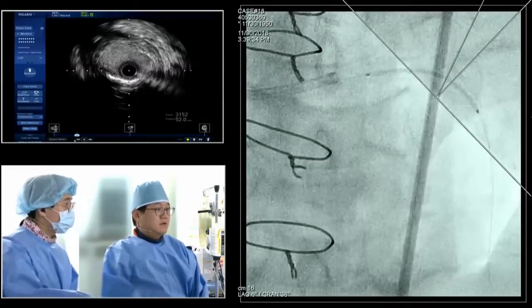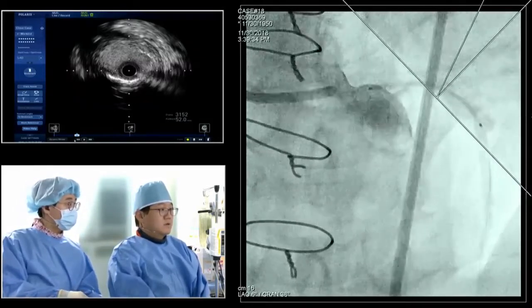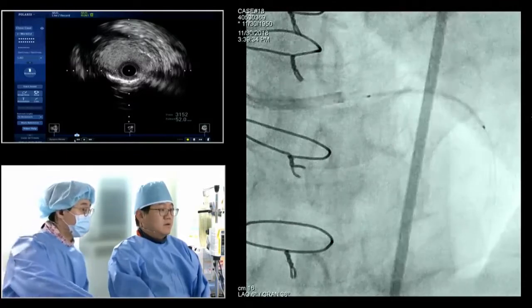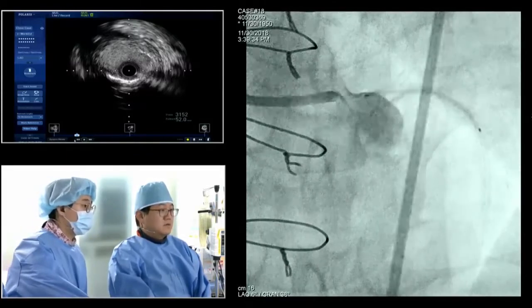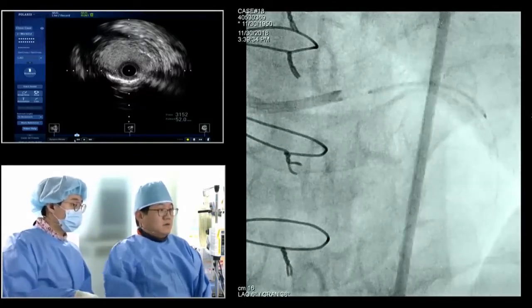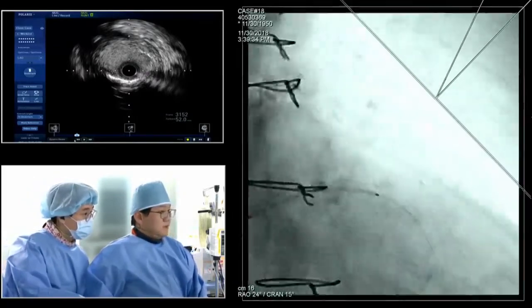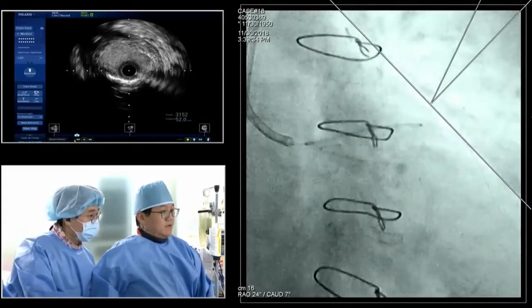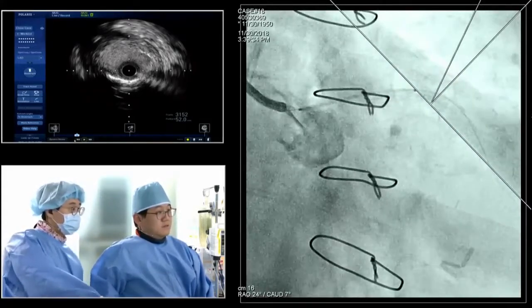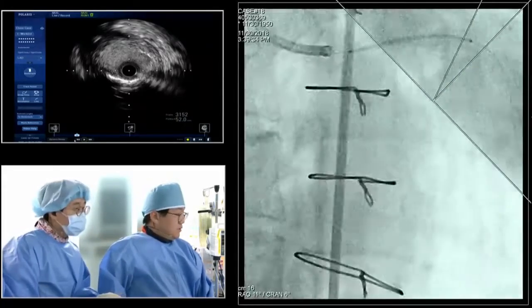Yes, I think another option for this kind of big aneurysm is a graft stent. So what do you think about the graft stent compared to this kind of native stent? I think a graft stent would be a good option, but